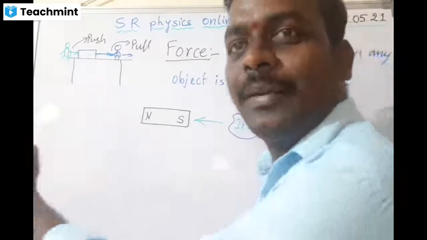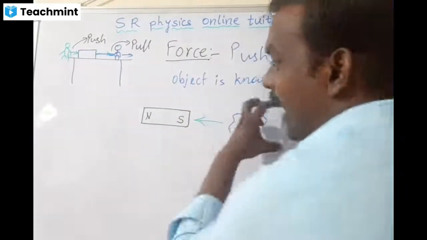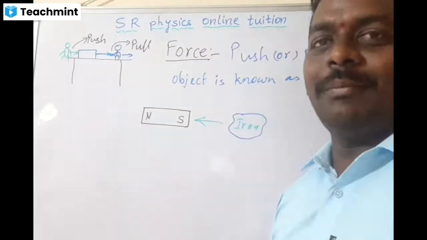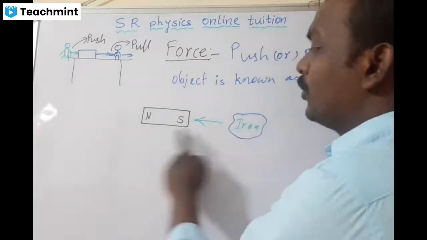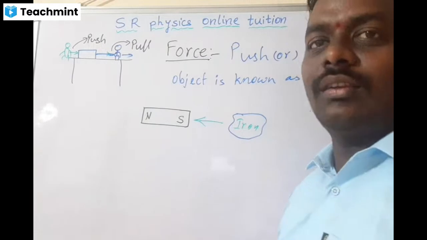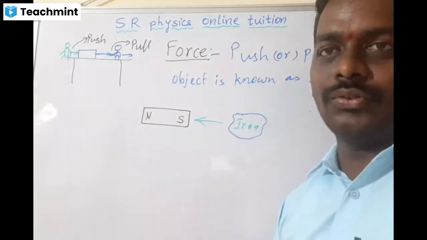Here, what is going to be happening? Here, pulling is going to be happening, isn't it? The magnet is going to pull whatever the object may be towards itself. So that's why it is being attracted towards itself. Even though they are not in direct contact, it is coming towards itself because of one particular force, that is a non-contact type of force.